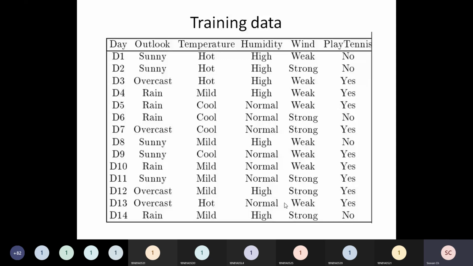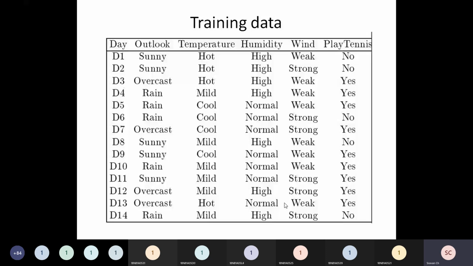Each and every student should listen to this carefully till the end of today's class. Otherwise you will not understand decision tree, and this will come in your mid exam, no doubt in that, right? This will come in your mid exam. I'll make some changes in the training data, and I'll ask this question in your mid exam, and definitely you can even expect this in your external exam. So fine, this is the training data.